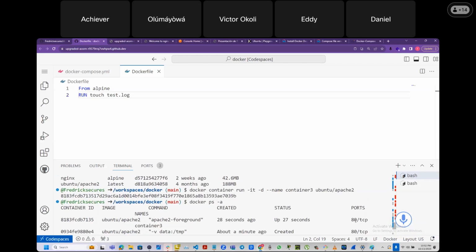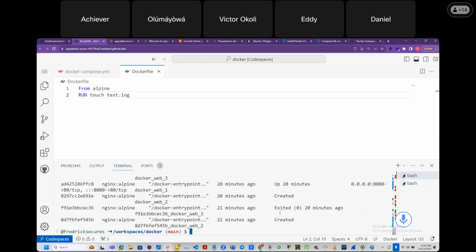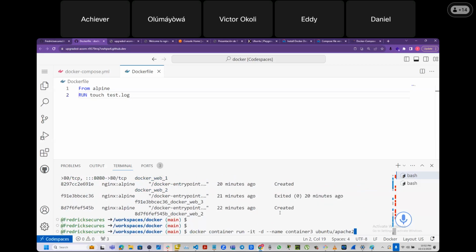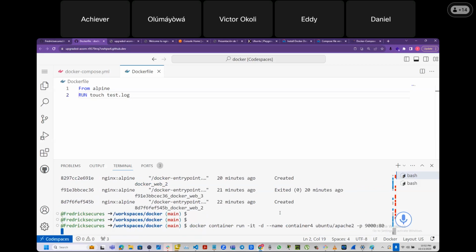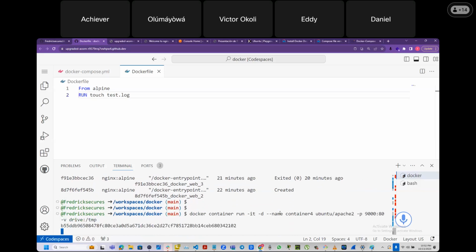But the problem is that I didn't map it with a port. So if I press the up arrow key, I'm going to change this to container4, and then give it a port with -p, say 9000 to port 80. The other thing I want to do is put -v, to map a drive to /tmp. So if I hit enter,